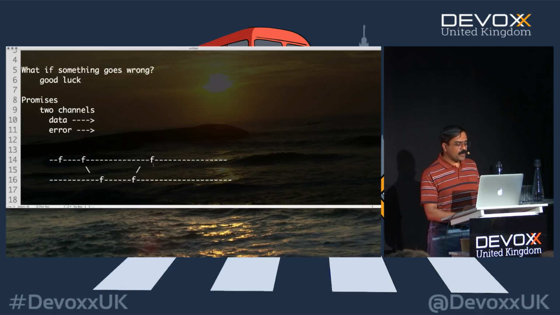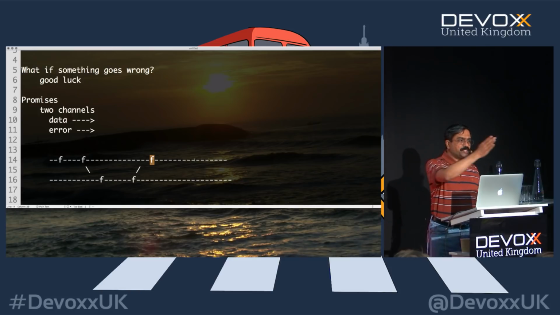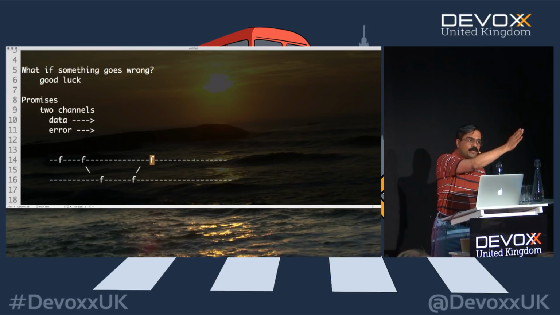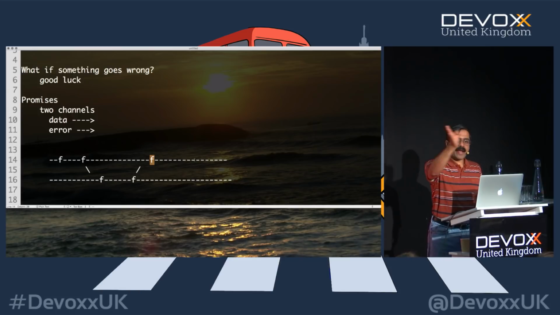So in other words, when you have these functions, imagine going from left to right. You can be on the data track. Everything is going well, you're on the data track. Something goes wrong, you're on the error track. Something still goes wrong, you're on the error track. Something is able to recover it, you're back on the data track, and you can continue. So there is a very clear distinction as to whether you're on the error track or the data track, and you can go back and forth.